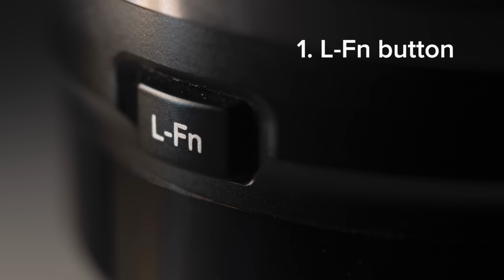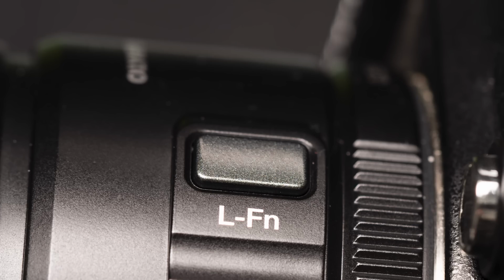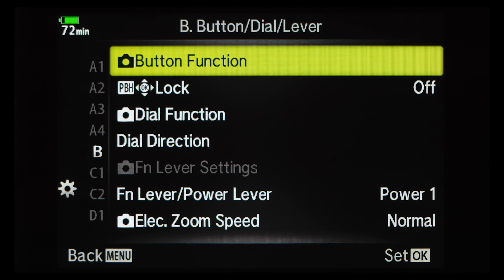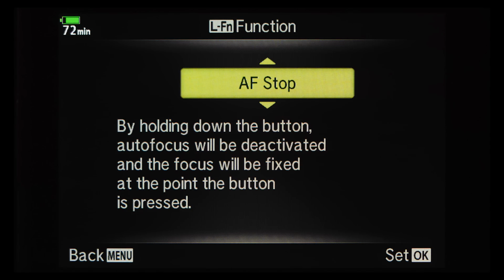LFN button. LFN button is a customizable button that you can find on most of the Pro lenses. I think the only Pro lens that does not have it is the 8mm fisheye lens. All the other Pro lenses have this, and some M.Zuiko lineup lenses have it also, like the 12 to 50mm electronic zoom lens. The default setting for this button is AF stop, but you can customize it like many other